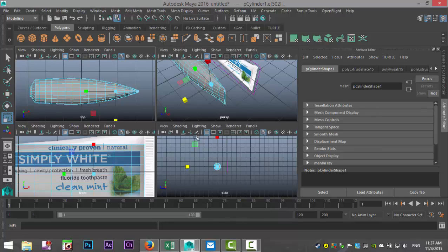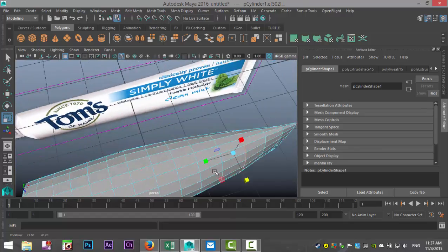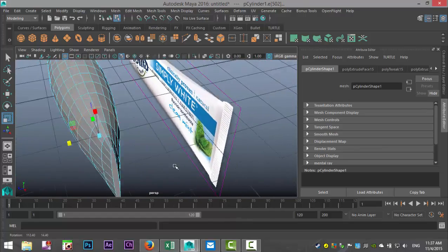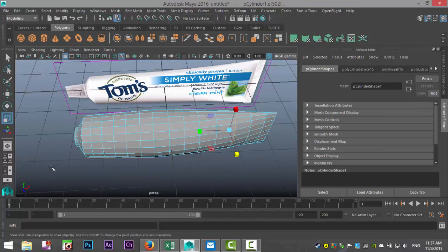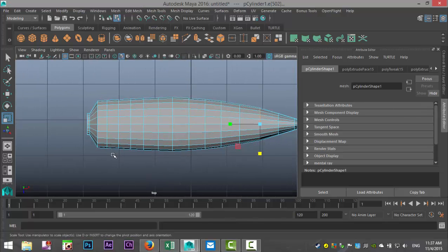All right. Okay. Looks a little bit fat overall. So let's tweak that a bit more. Okay, so here in the front, it should be pretty much fully round. So let's take this, and it's all a matter of tweaking, obviously.